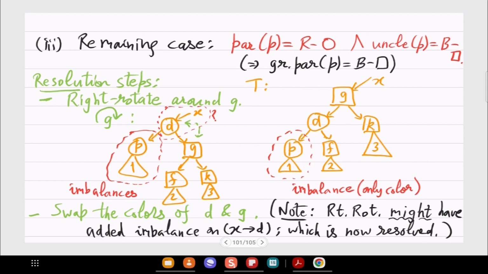No, when you remove P means that you are putting a square there with nil. See, no. So there is also an X. See, this is not the complete RB tree. We have not drawn the complete RB tree.